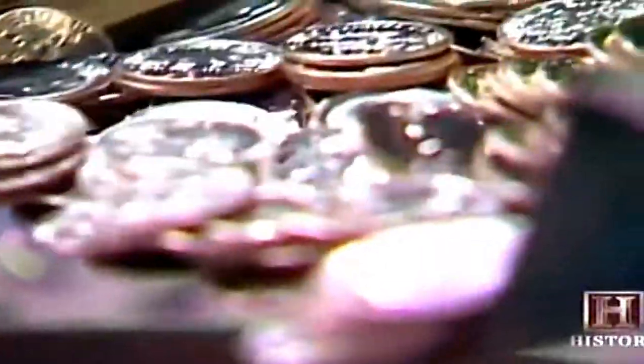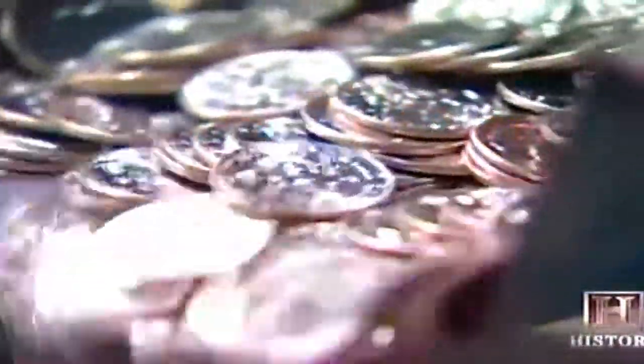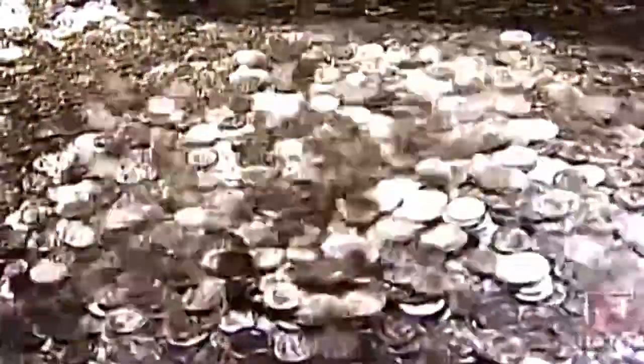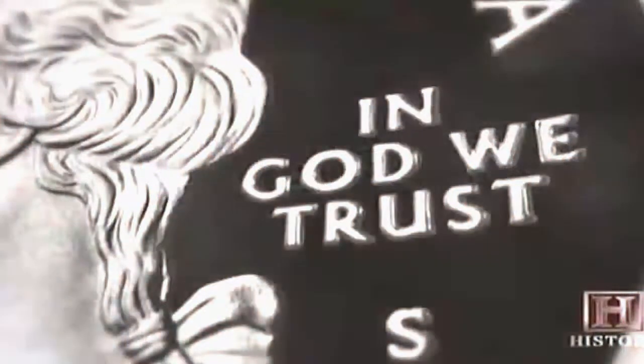If currency and coins stand the test of time, it won't be just because we want to avoid leaving an electronic signature. Our money expresses our national identity and our cultural character. Coins will always be around in large measure because they represent something very important about a country. The important values of our nation, in God we trust, unity,